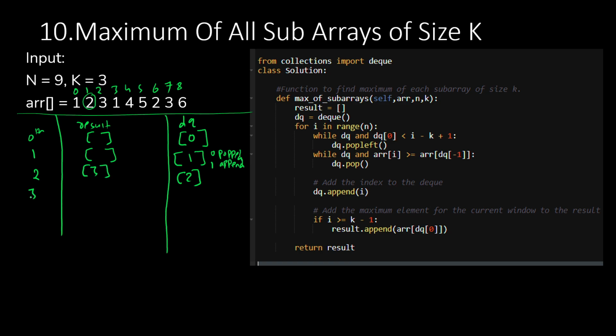Now coming to the third iteration. In the third iteration, we will be checking the same. Is dq empty? No. Okay. Is dq[0]